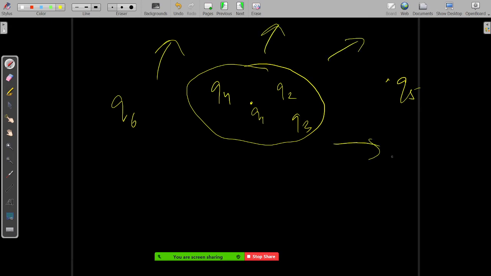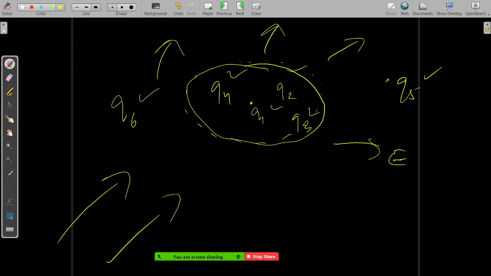Now this electric field is due to all the charges. This also, this also, this also. Maybe some other charges or other sources of electric field also. So whatever the electric field is existing in this region, by that electric field we are going to calculate the flux throughout this area.